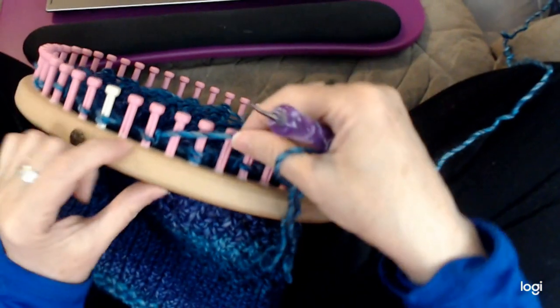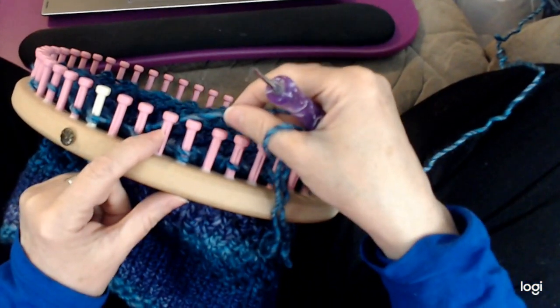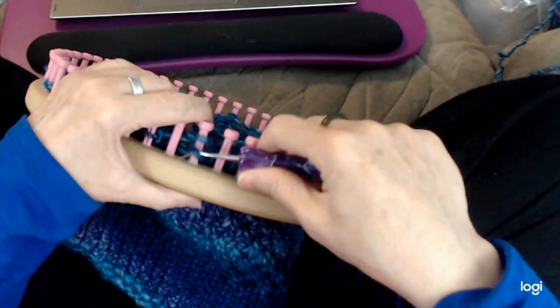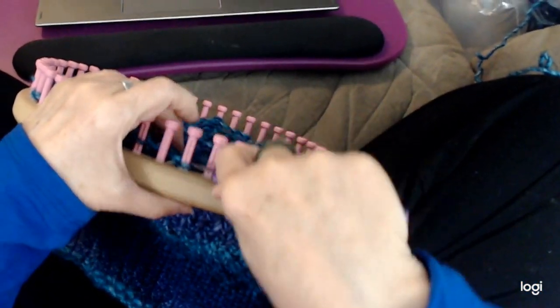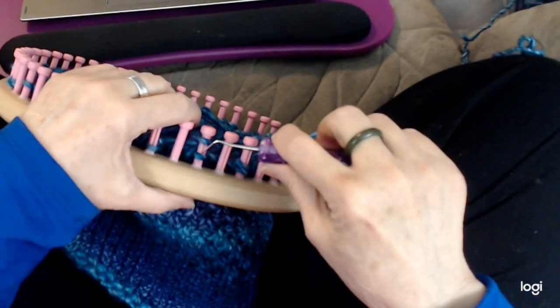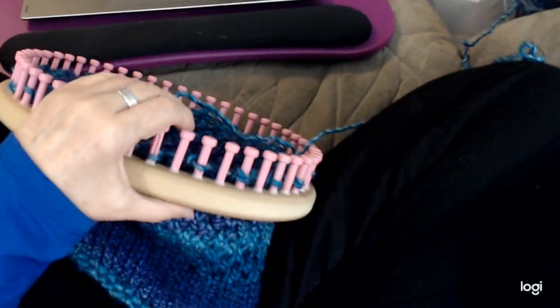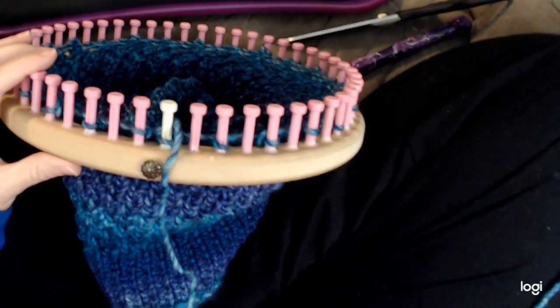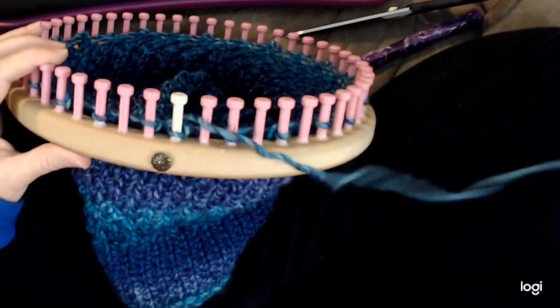So now we just E-wrap around, doing the same thing, going behind the pegs with no yarn and E-wrapping the pegs with yarn. Taking both loops over, going behind the ones with no yarn, and just E-wrapping. So I'll see you when you have that done. Okay, so you finished,